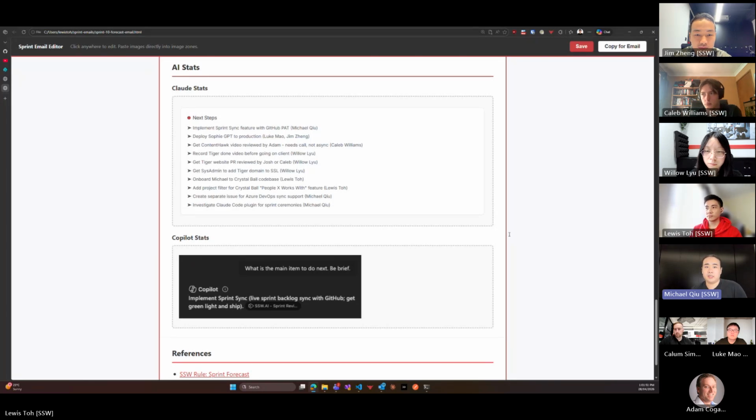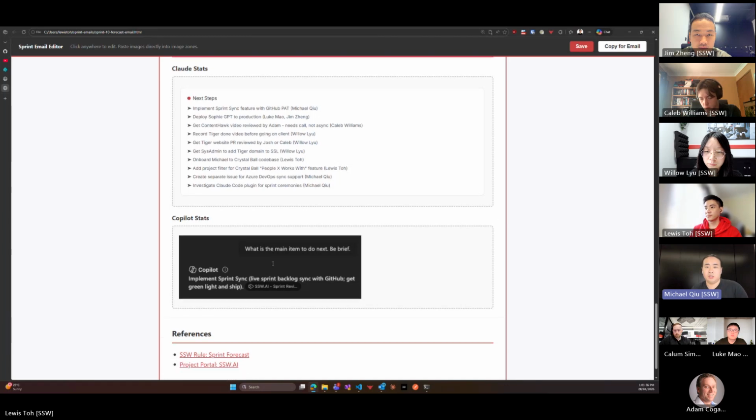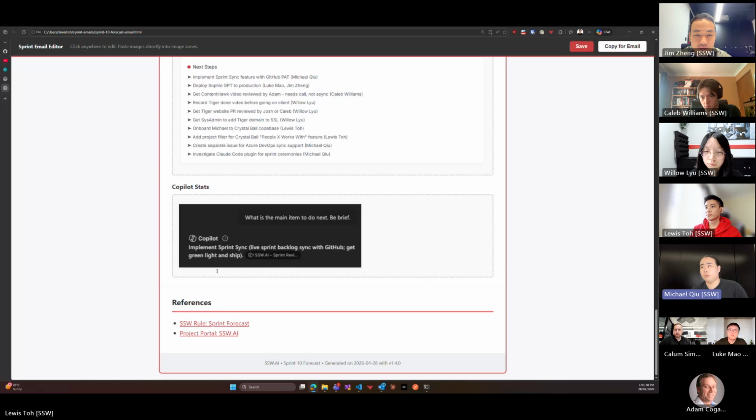Looking at the Copilot stats, it's called out our main item to do next to be the sprint sync, which is first on our sprint goals. So that's correct. And yeah, that's pretty much it for the AI stats.